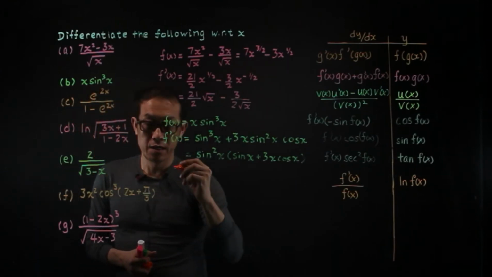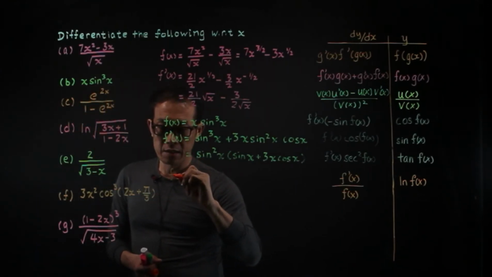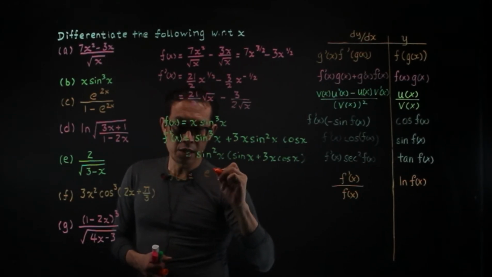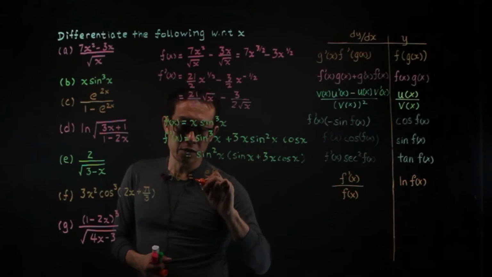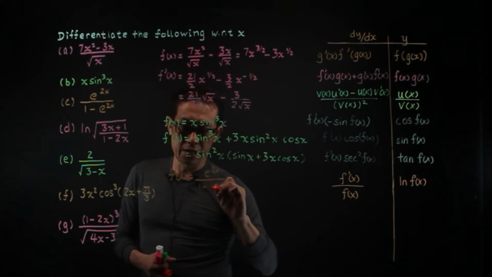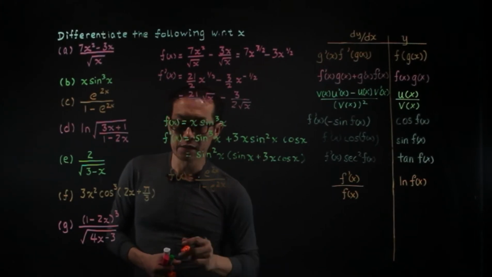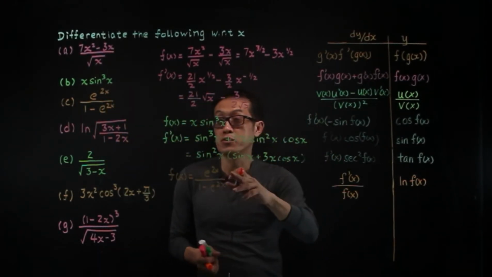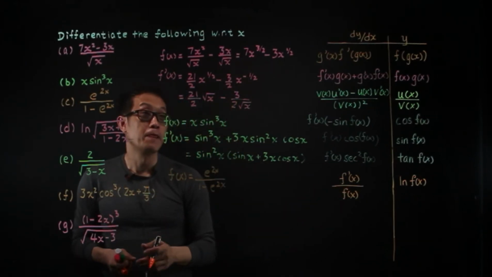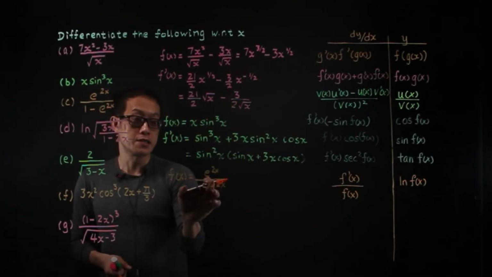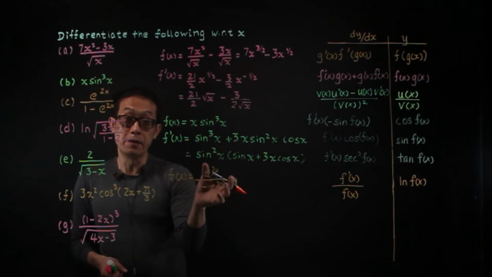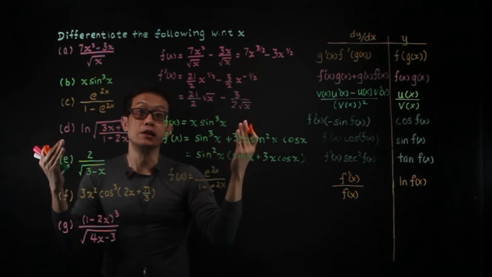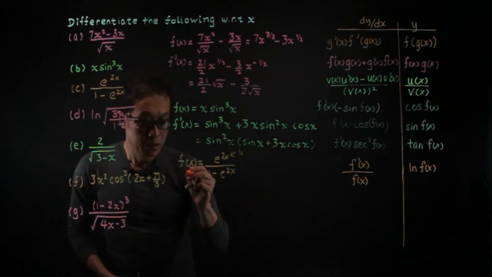For C, let f of x be equals to e to the power of 2x over 1 minus e to the power of 2x. Now which one should we use? We will use quotient rule because this one we have no choice. We can't break it up, because below is not just a single term. This is 2 terms, whereas here is just a single term, so we can break it up using partial fraction. So you have